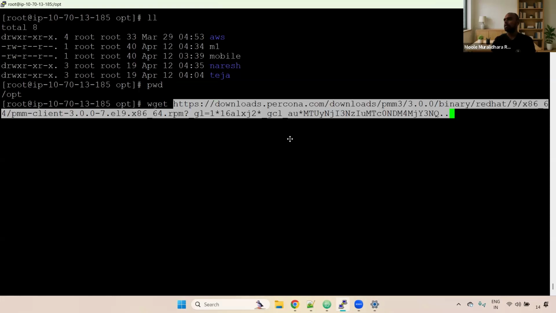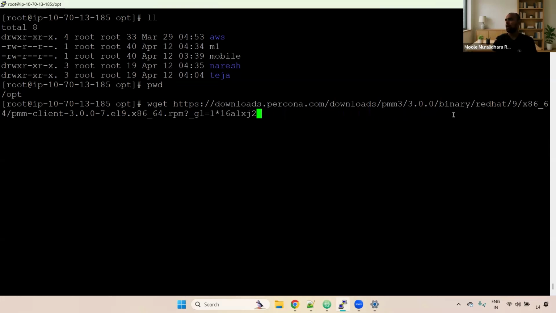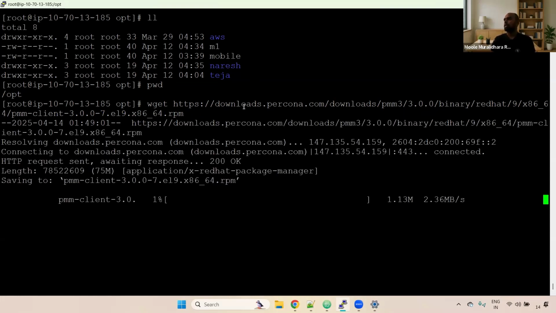Right click, you can paste this one. And here you have to remove this unnecessary part. Just keep it until .rpm. If you see here, until .rpm, the remaining you have to remove. Now you can enter. Now here you can see that this particular downloads.percona.com downloads folder, the particular one, it is